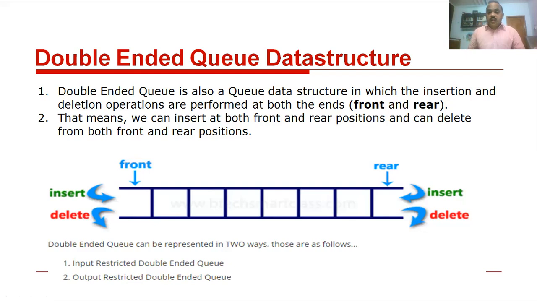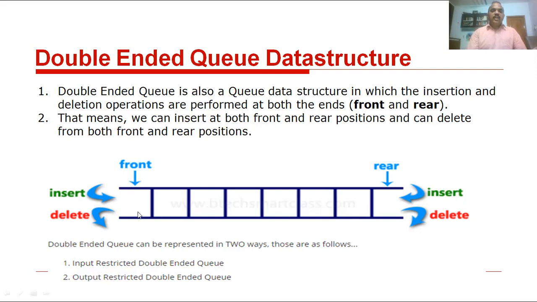Whereas in a double-ended queue, the name implies two ends, double-ended. So we can insert and remove elements at the front end and also the rear end. Insert and delete operations are done at front and also rear end. That's why this is called double-ended queue, DQ data structure. Clear? So then see the diagram, all of you.